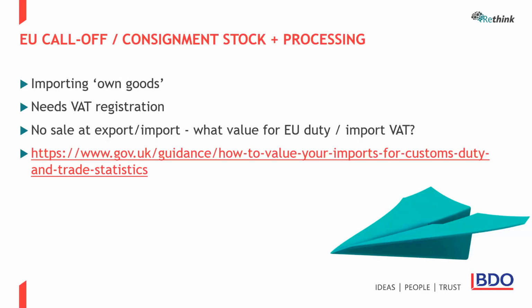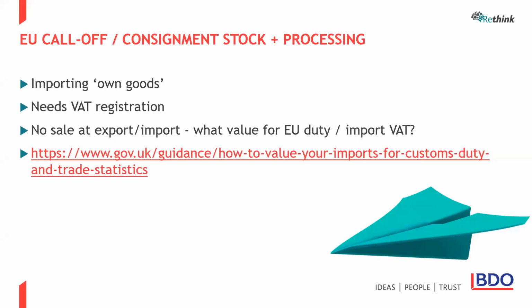Again, this is where we see the real reason that you need to VAT register, apart from the one I've just mentioned with triangulation, which is more from a reporting perspective. This is where your own goods are moving into the EU. So I've put in the heading where I see it most. Now, I'll talk about DDP briefly, but this is where I see it the most, which is they are definitely my own goods. As they cross the border, I haven't sold them to anybody,